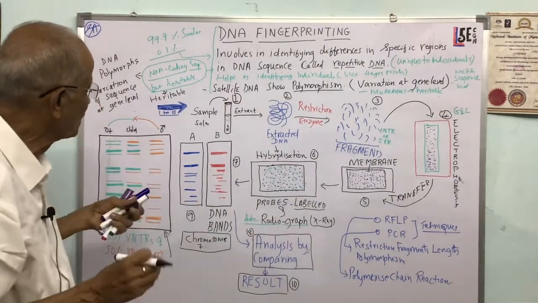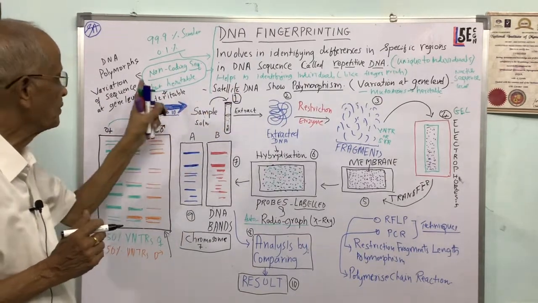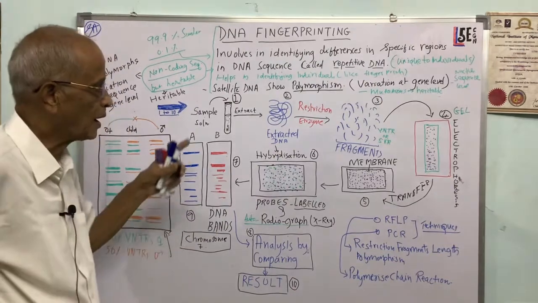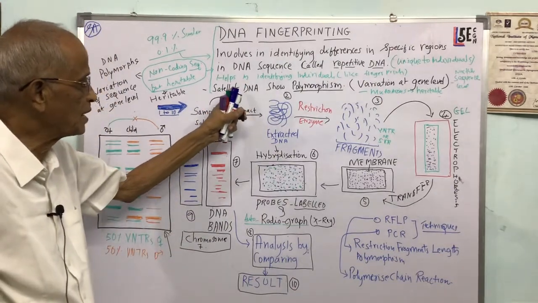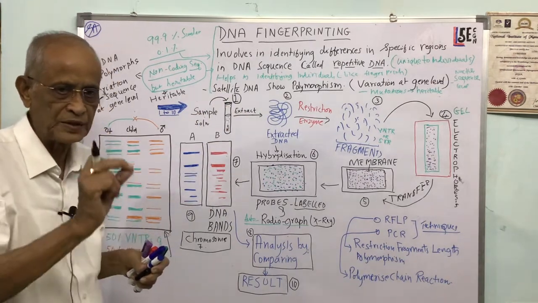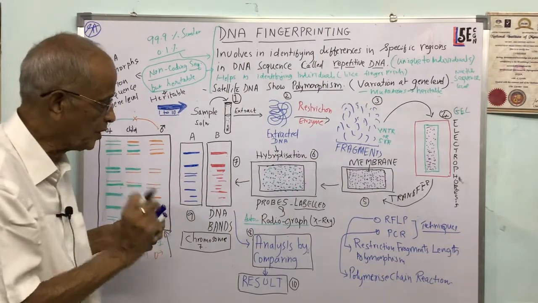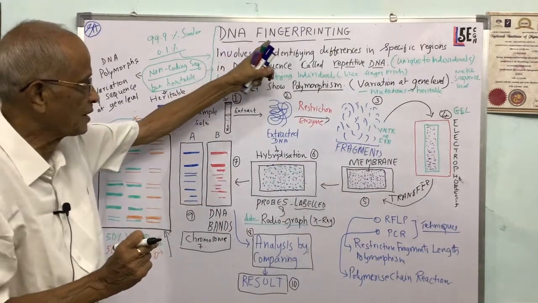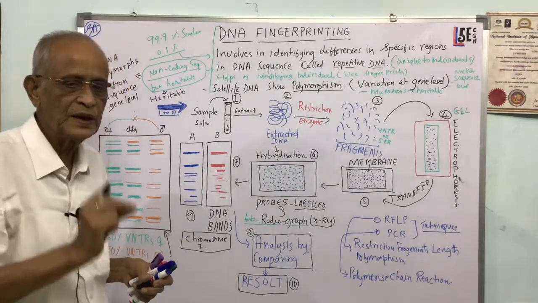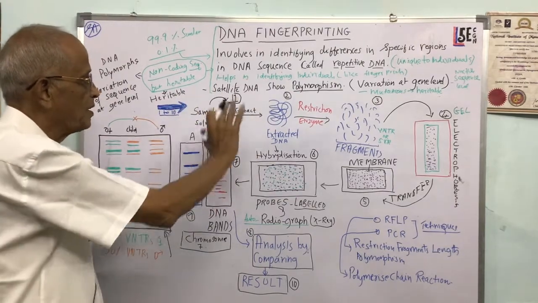So just to conclude today's talk, we say that the satellite DNA refers to the non-coding region, and that is heritable. Whatever is there, it's heritable. And this satellite DNA is seen normally in the telomeres and in the centromere. That is the region where we can use it for DNA fingerprinting. That is the most favorite for all the scientists. So with this, we will be ending the DNA fingerprinting.